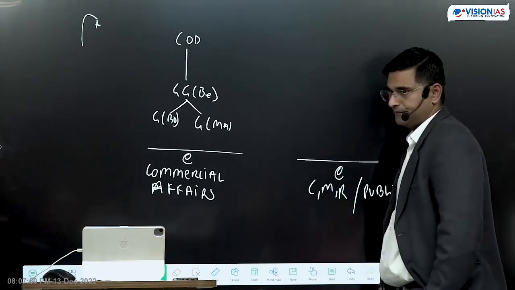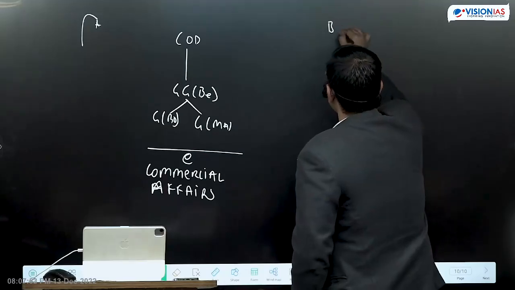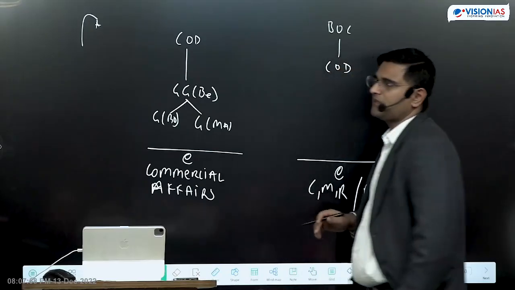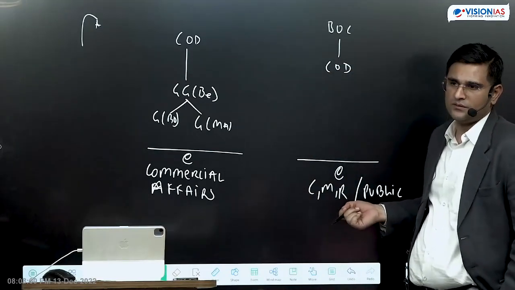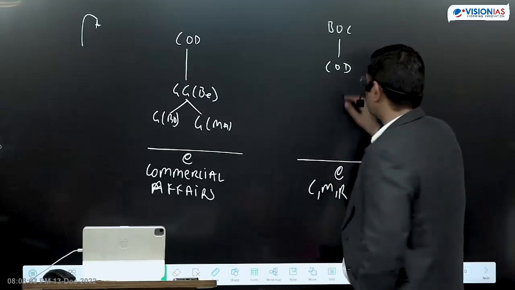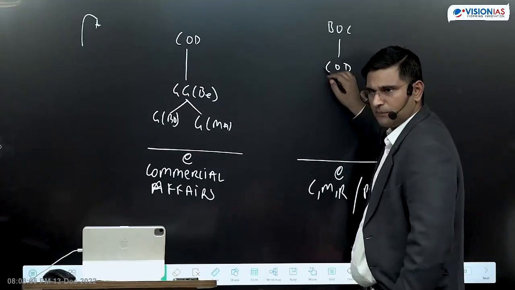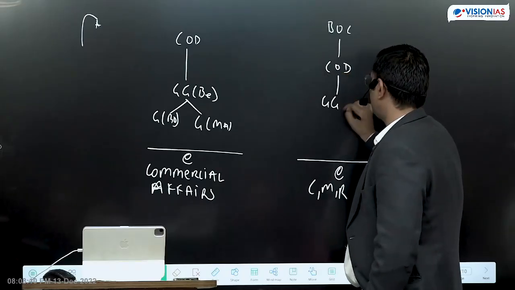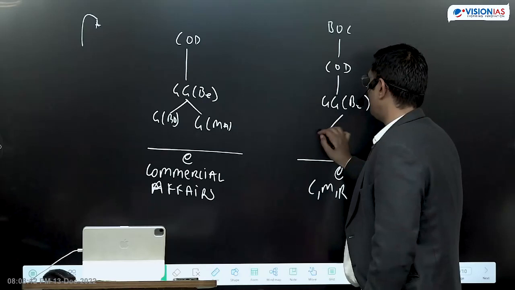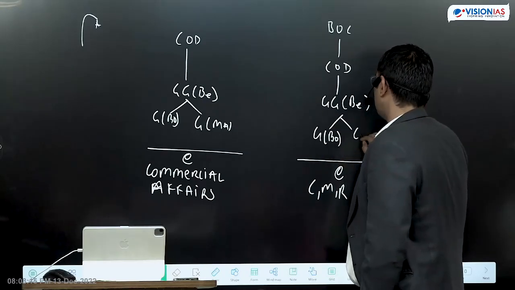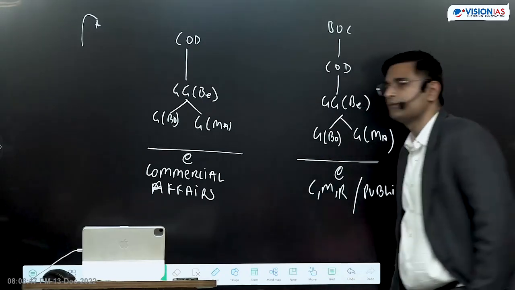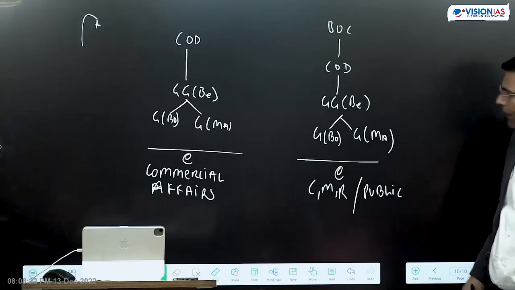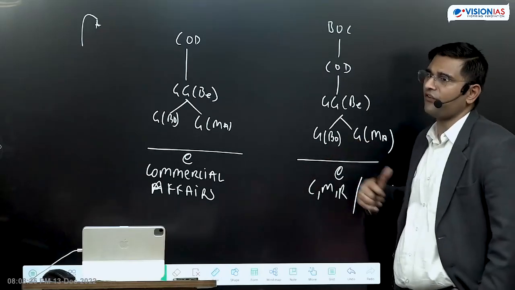a state, what is the hierarchy? There is this Board of Control, and below this Board of Control there is this COD. That means COD has become a right hand man of BOC. The top boss is BOC. Yes, you will handle my work, you are my manager. Below him GG Bengal, below him Governor of Bombay and Governor of Madras. So can we say that the top boss here is BOC, right? So therefore it is a horizontal division of